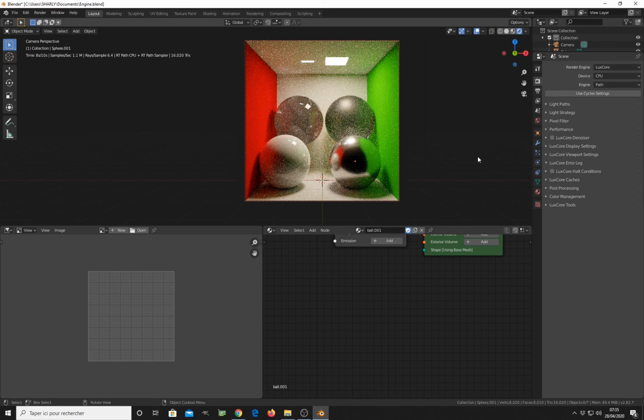Today we will discuss engine settings. You know how to set your shader, and you know how to do some lighting in Luxcore,